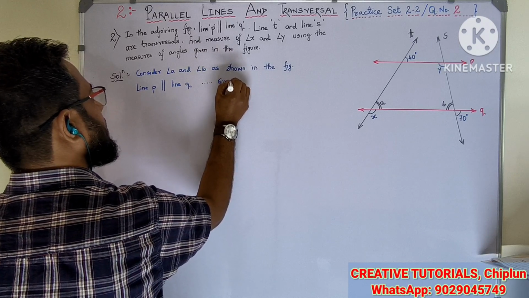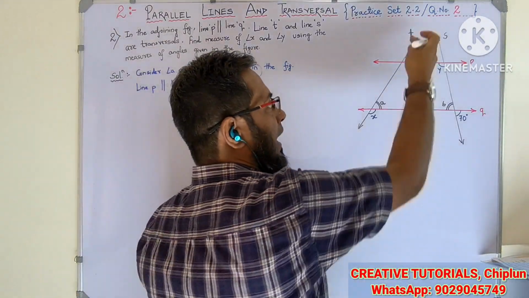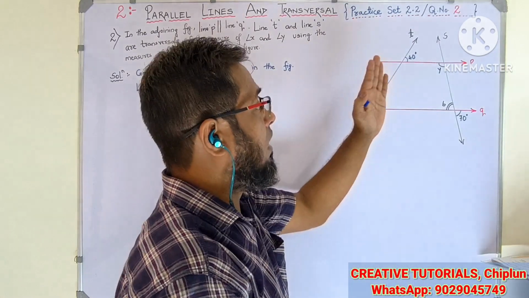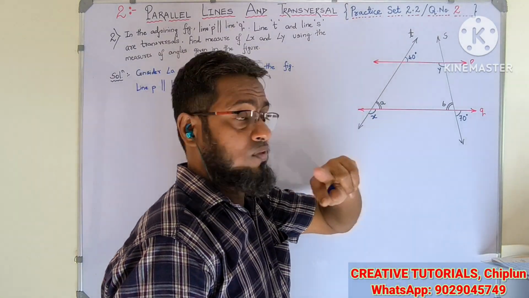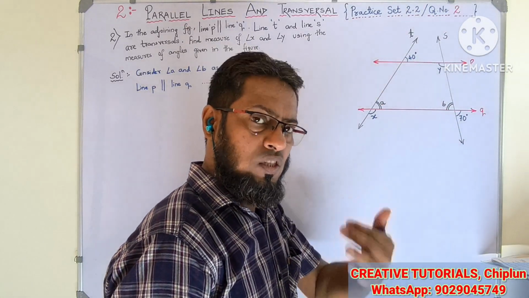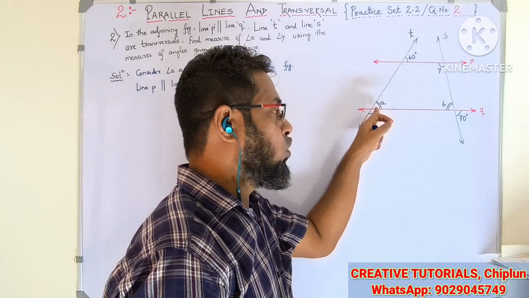First I am talking of line P. You can clearly see in the figure they have given us two transversals, one is T and one is S. Since first I am dealing with my angle A, which we had assumed,